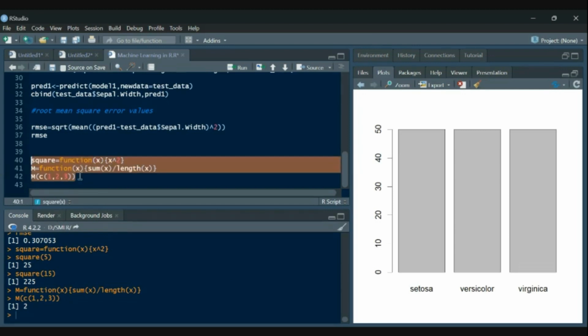Okay, so can you create, let's say, a function which takes two arguments? For two arguments, we will write x comma y, right? This gives you a function of x square plus y cube. Can you create a function which takes two arguments x and y and returns the value x square plus y cube?